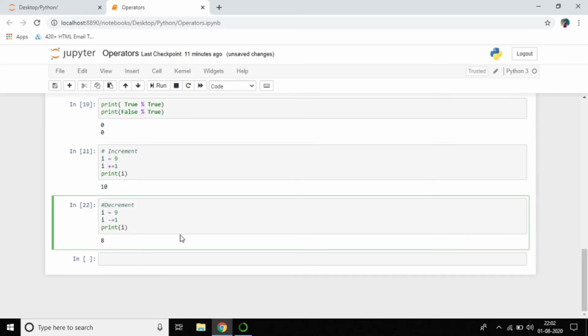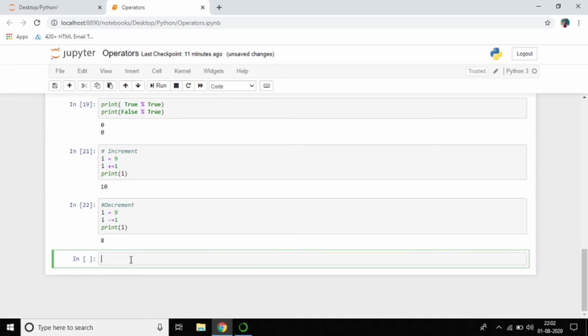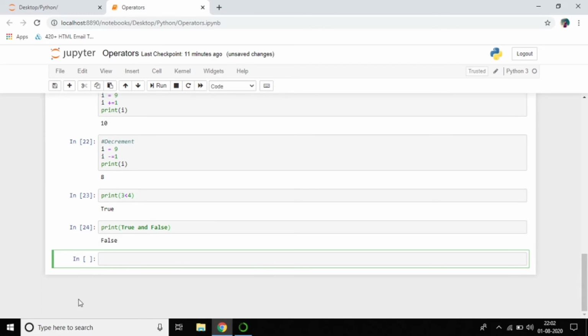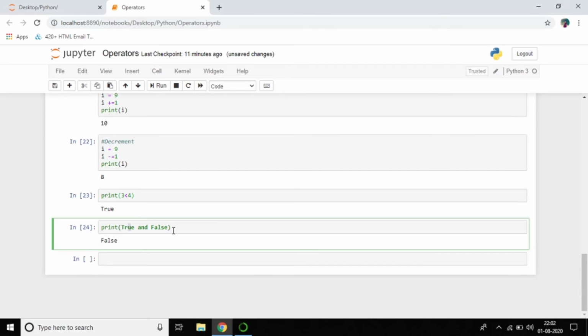See another operator, we will work with some logical operators. I'll write print 3 less than 4. Of course we all know that will print true. Here I want to work with true and false also. Print true and false, then you can see it prints false, that is 1 and 0, which is 0.